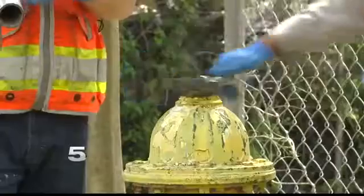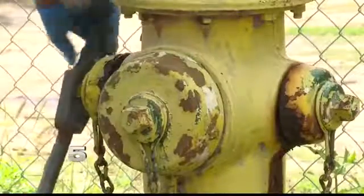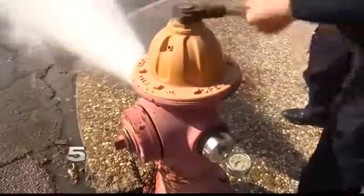He explains without the yearly checkup, that number would increase. A hydrant can last for years if it's well maintained, if it's checked regularly, if it's operated. A hydrant that has been lost and forgotten and hasn't been open for 10 years, that hydrant's going to fail on you. Chief Lopez says the Insurance Services Office audits each fire department in the nation every several